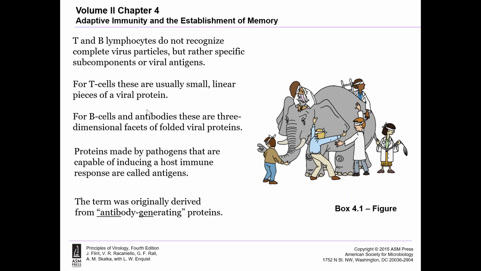And so basically T cells are really good at recognizing small linear pieces of viral protein, whereas B cells and antibodies are better with the three-dimensional facets of folded proteins, okay? Together,